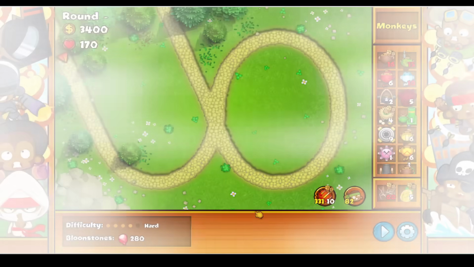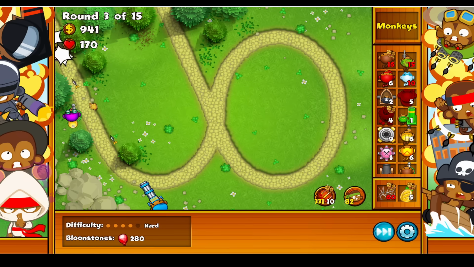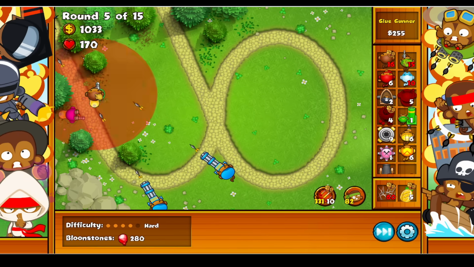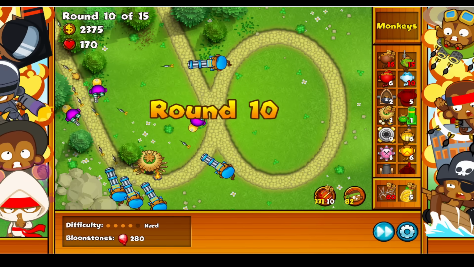And the third map had a pretty interesting layout for us, with there actually being a long path right at the entrance that's really perfect for our Dartling Gunner, although it will be harder for the glue gunners to catch balloons on it. But I really don't want to bore you guys with the exact details of every single game, so I'll just mention that we didn't have trouble with the first 2 mobs on round 9, but round 10 sent a ton